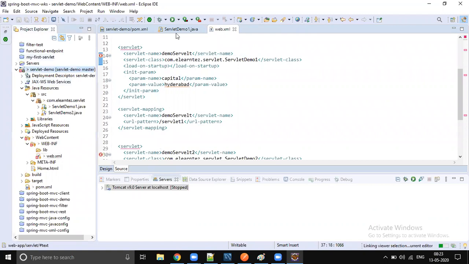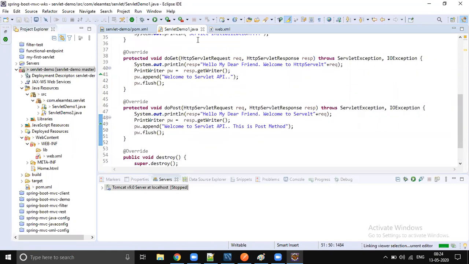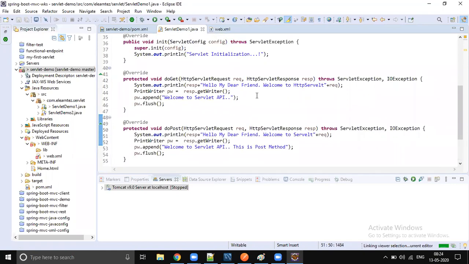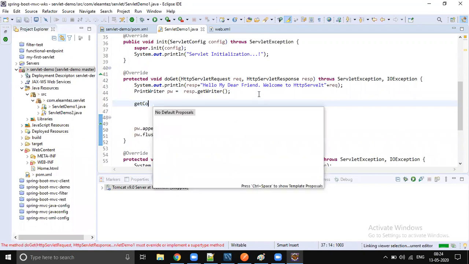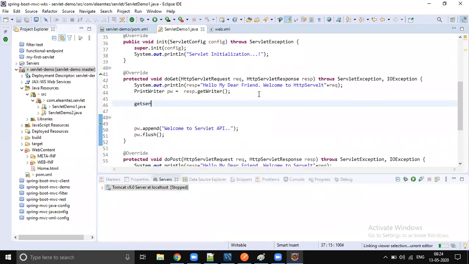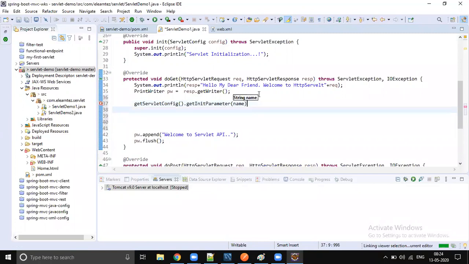Go to servlet. And if I want to access the init parameter inside my get method, what should we do? We should first get the object of servlet config. First you get the config object dot get init param. So the param name is capital, right? So for servlet demo 1, what is the capital we configured?